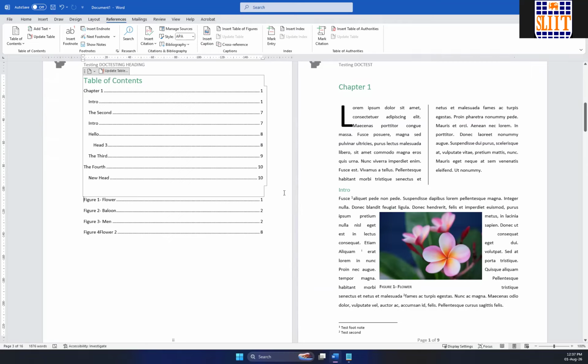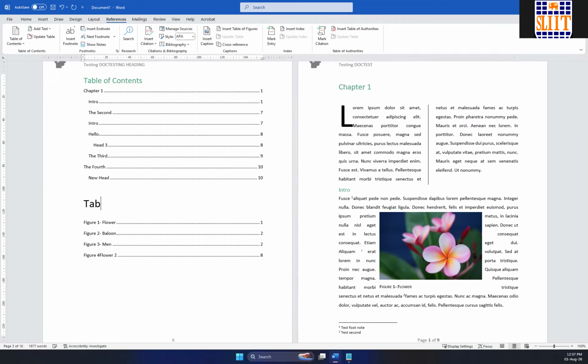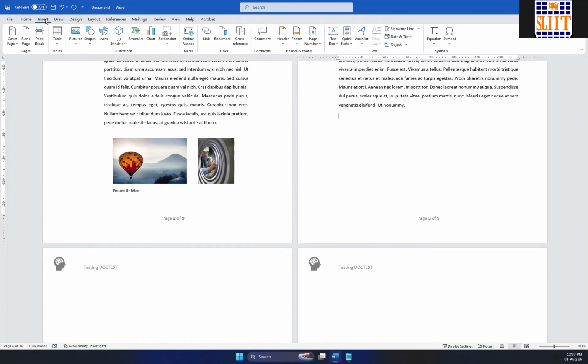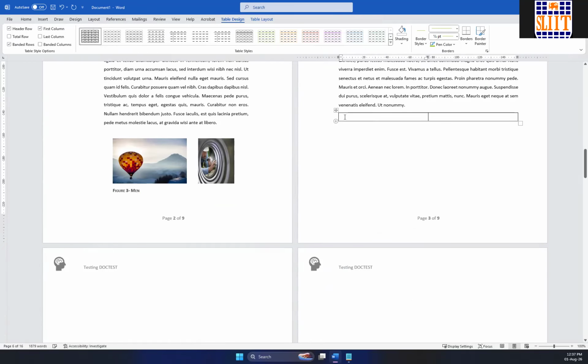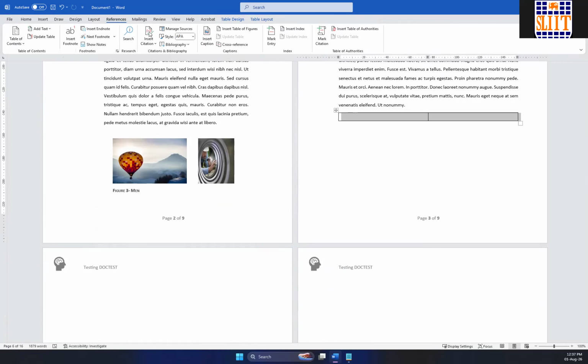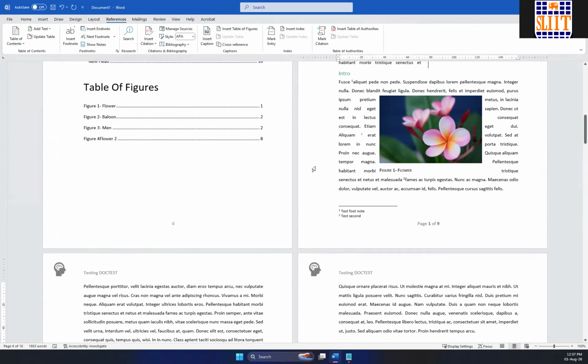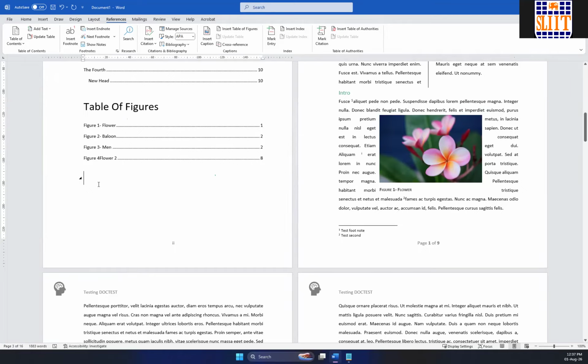We can say table of figures. And if you want a table of tables also, you can add it the same way. If you have a table, for example, on the References tab you can add a caption, and select this is Table 1 test. Likewise, if you add a table and also want a list of tables, a table of tables,